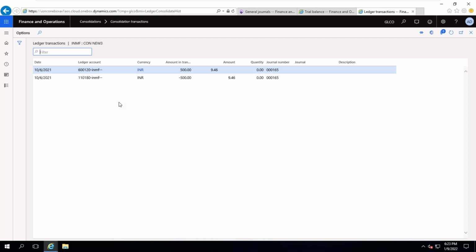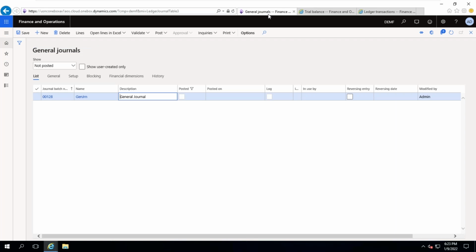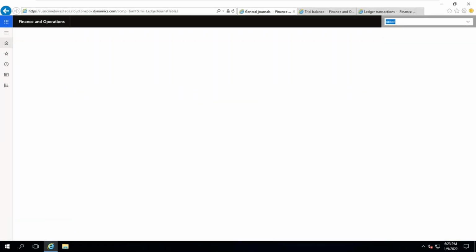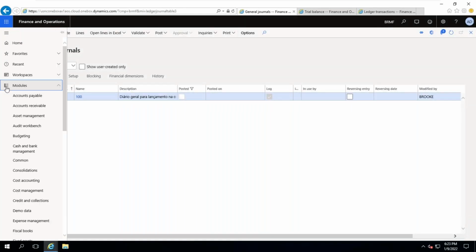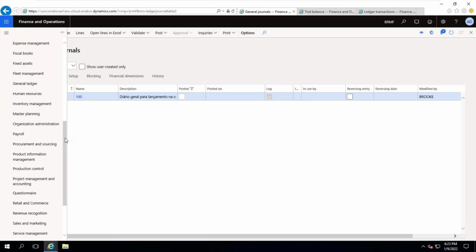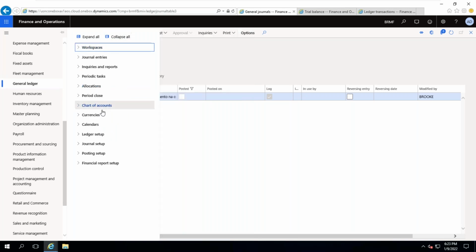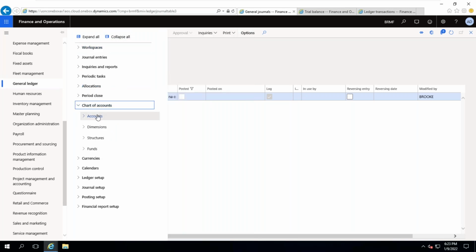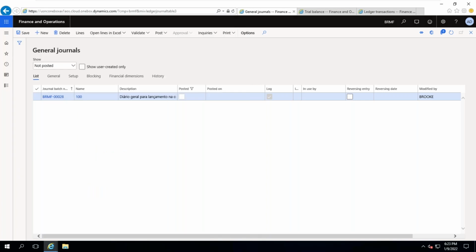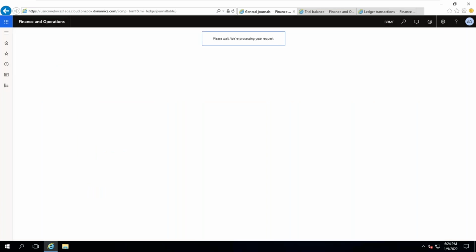You need to go to BRMF, suppose you are doing it for BRMF, and make sure each main account is mapped with one account or not. Go to General ledger, Chart of accounts, Main accounts. You need to make sure for each and every main account whether it is mapped or not.